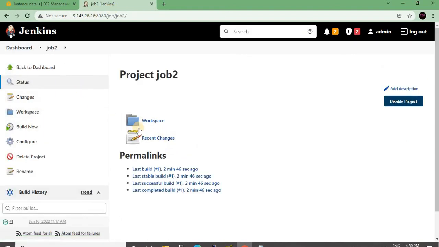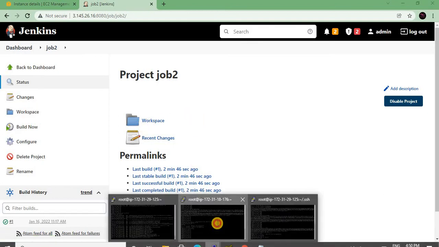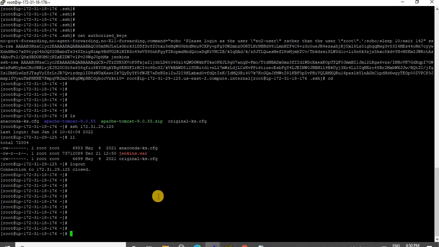What is in the job? The first thing we are doing is getting the code from a source repository, let's say Git, and once we get the code, we are creating a package with Maven. So to execute that on the slave machine, slave should be able to use those utilities. To get the Git code, Git should exist on the slave machine. To create a package, Maven should exist on the slave machine. I hope you understood. And Java, remember guys, Java should be there.